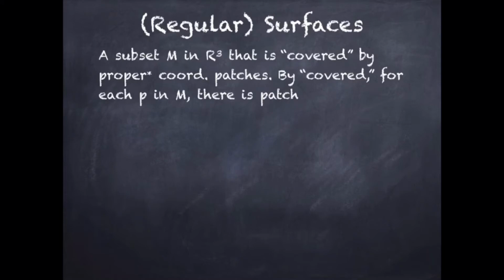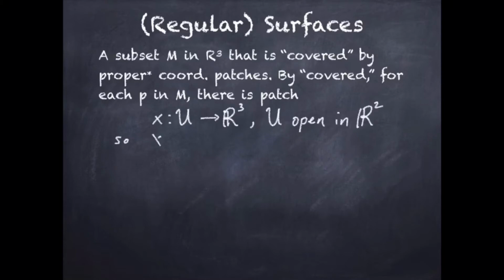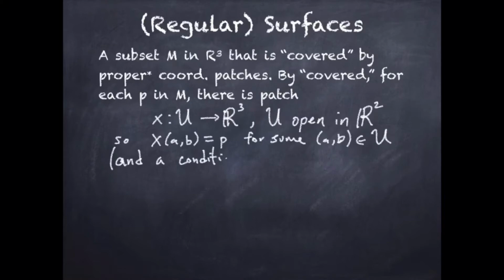But by covered, we just mean that for each point in the set, there is a coordinate patch that contains that point. And furthermore, if we take that coordinate patch, call it x, where p is in its image, then if we have some other coordinate patch y, then we want a nice